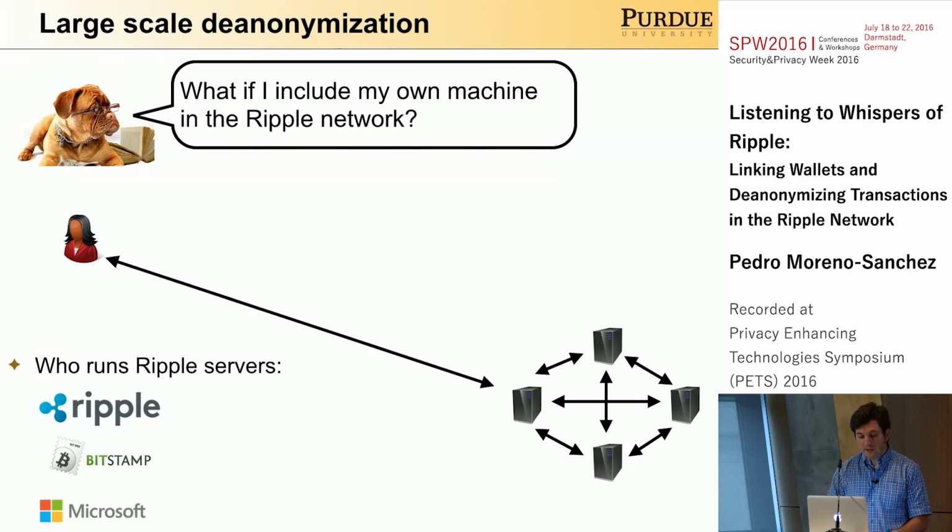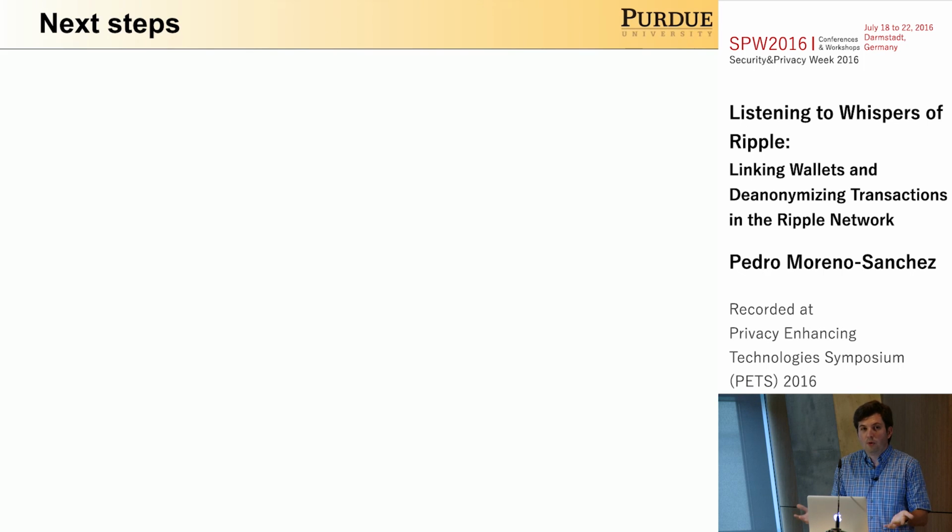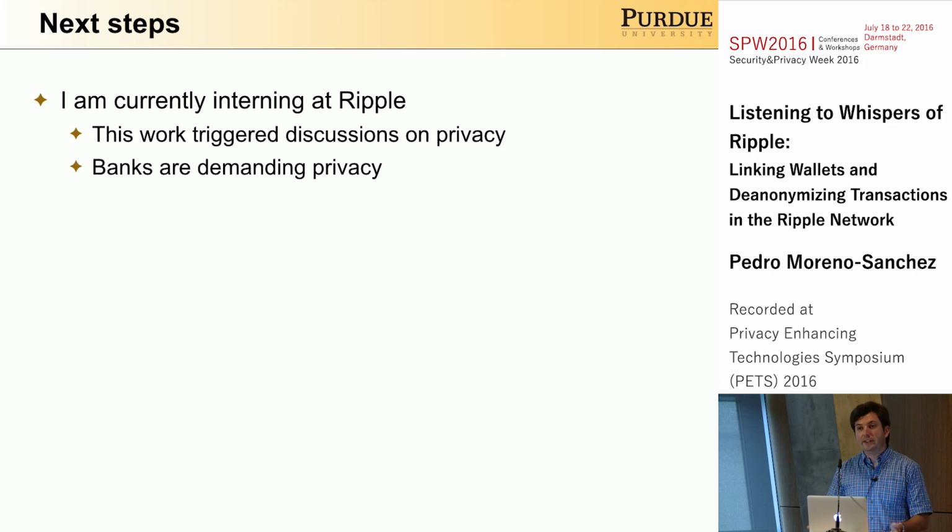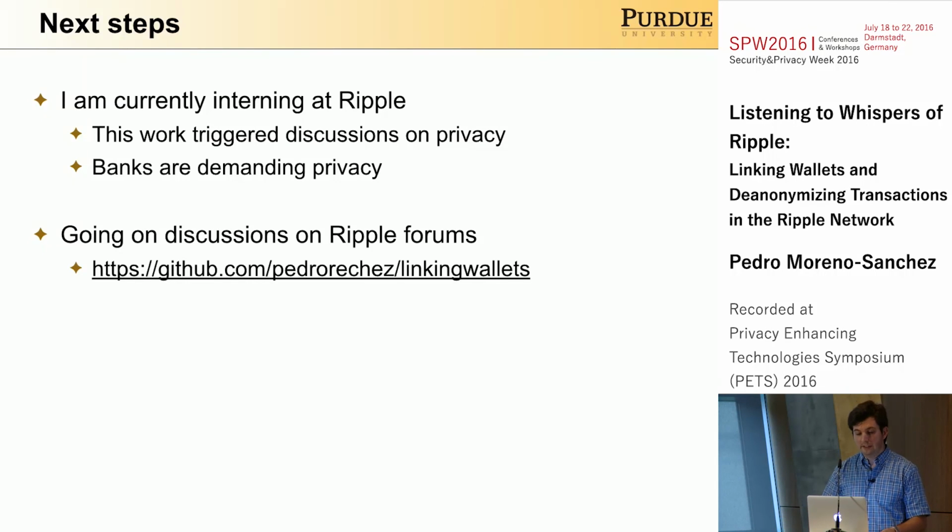Once we have this work, the question will be, okay, now what do we do? What are the next steps in our work? Well, currently I'm interned at the Ripple company, and I can say that I showed this work to them, and this triggered a really interesting conversation about the need for privacy in the Ripple network. We have also seen that banks are demanding privacy for using the Ripple network. We also shared our results with the Ripple community, and they were really interested in that, and I really encourage you to go to this link where we have all the information about the Ripple forums, our webpage, and more